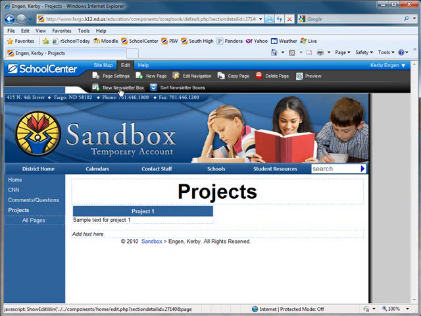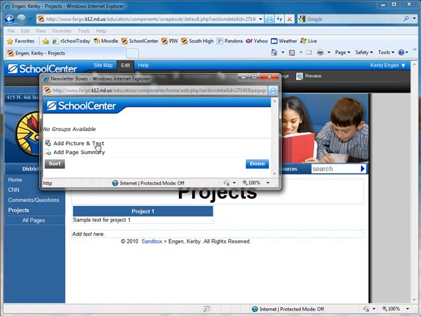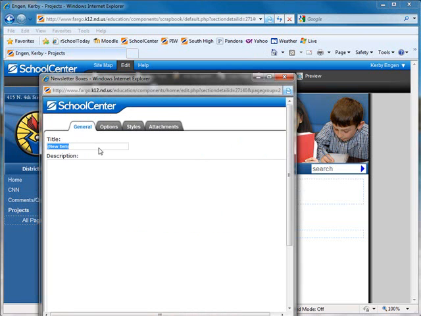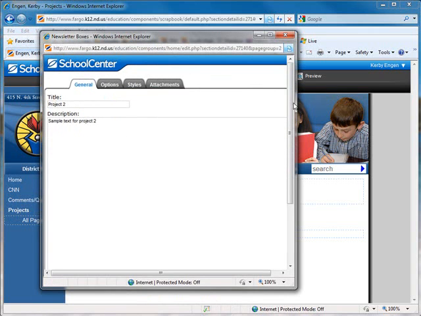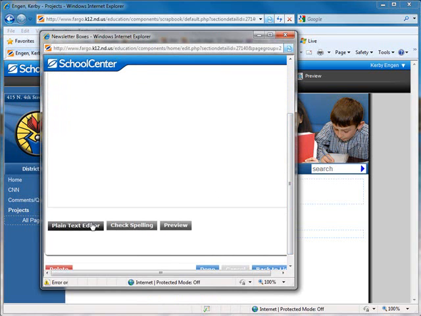Click New Newsletter Box to add a second box, which will also be a picture and text box. Title the box Project 2. Add the text, sample text for Project 2. But you've decided to use the Advanced Content Editor to bold the word Project. Scroll to the bottom, click Advanced Content Editor,